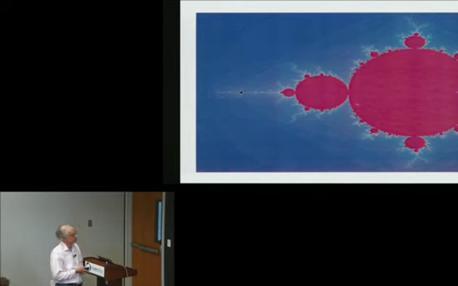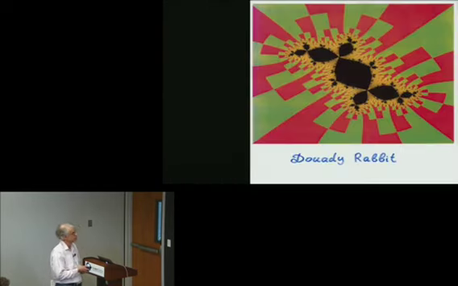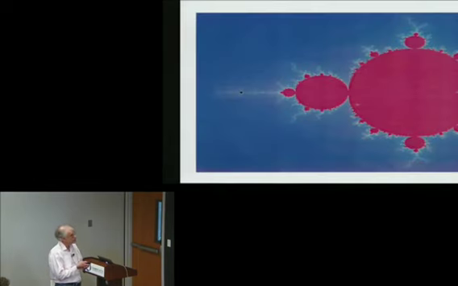So the parameter for this rabbit that we have seen before, when there is an attracting cycle of period 3, is right here in the center of this component. Here in the main cardioid of the Mandelbrot set, our map actually has an attracting fixed point. It is hyperbolic maps that have an attracting fixed point. Here there is an attracting cycle of period 2. Here there is an attracting cycle of period 4, and so on. There is this cascade of doubling bifurcations visible here, 4, 8, etc., which accumulates to the parameter called the Feigenbaum parameter. But there is a lot of invisible stuff.